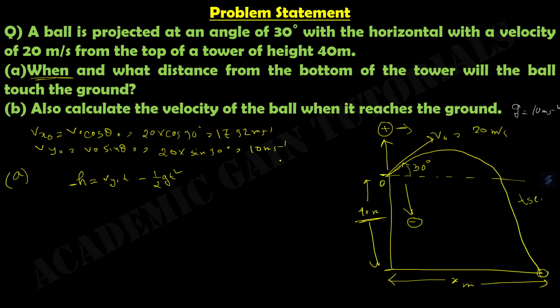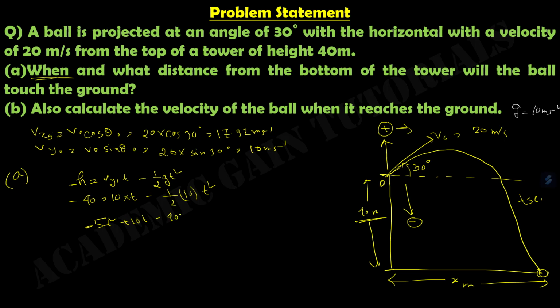If I put the value of h, the h is 40, and the value of vy naught is 10. The t I have to find out, minus half of the value of g, which is 10, t square. Then the whole formula will be like 5 t square plus 10t